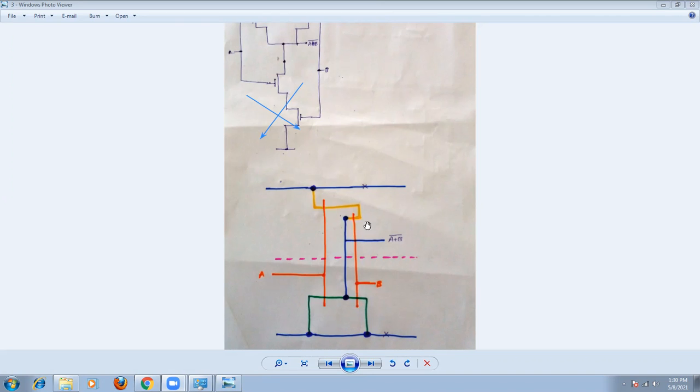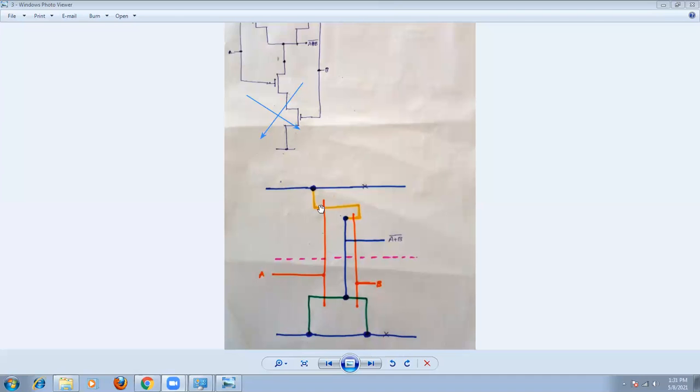This is another transistor formation. This is another transistor formation. So we are having another way. Similarly here also, this is the B and this is A. So this is the source region, this is the drain region, and this is the source region, this is the drain region. Two drains will join together, and this drain will be connected to the drain of the pull-up transistor. So the pull-up transistor will be connected in series.